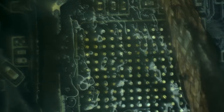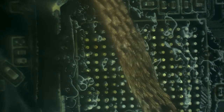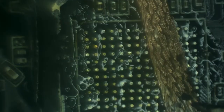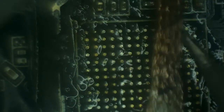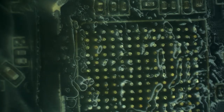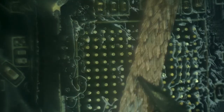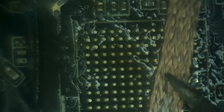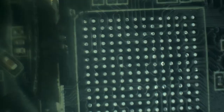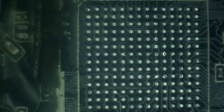This type of work you have to do under the microscope, because otherwise it's impossible to see these little BGA pins. And if you don't clean them up well, you're not going to be able to have the new controller seated. And if you mess up potentially just one pin, you're done. But under the microscope I can easily see if I missed any of the solder pins. And that's what it looks like. Now this area is ready, mostly, for the new